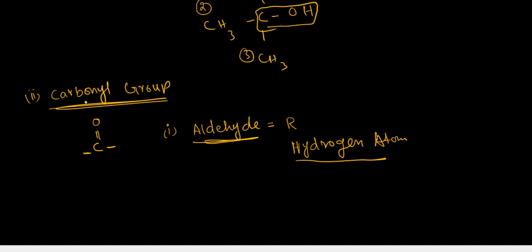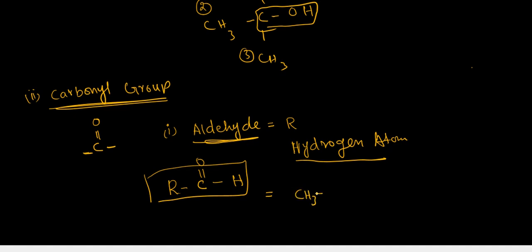If we look at the general formula, if we attach an alkyl group on the left side of the carbonyl carbon, the general formula will be R, the carbonyl group carbon double bond oxygen, and to the right side if we attach a hydrogen atom, that will be the general formula of an aldehyde. Let us look at some examples to clarify it. If we attach R as a CH3 alkyl group, then the functional group, C double bond O and H.